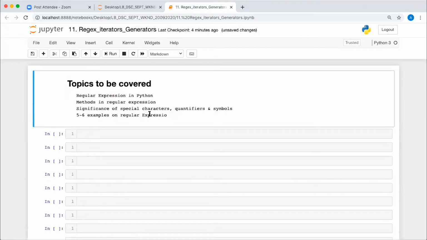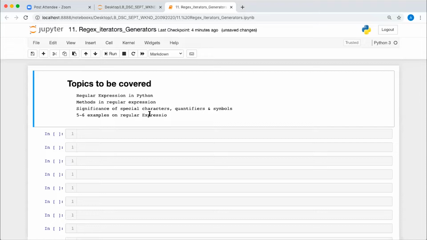First of all, what is regular expression? A regular expression is a sequence of characters which defines a search pattern. Let's say in our day-to-day life you have a text file with some information, including the name, email ID, and other details. If you want to look for all the email IDs, an email ID has a fixed pattern, right? So searching for email IDs in a text may be one example.